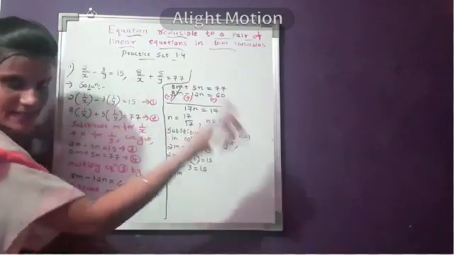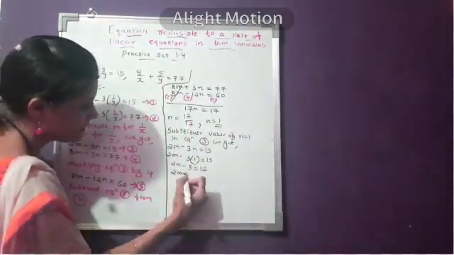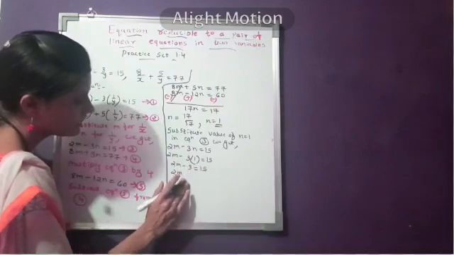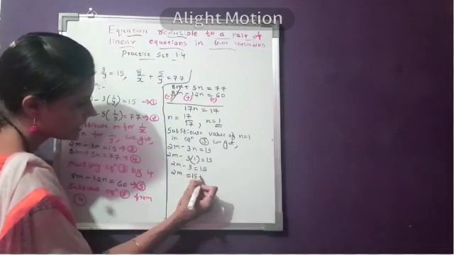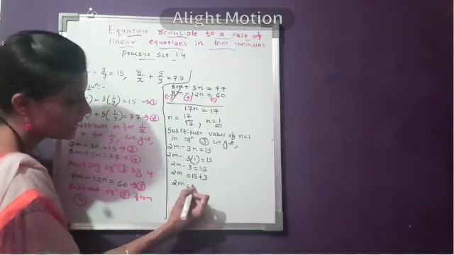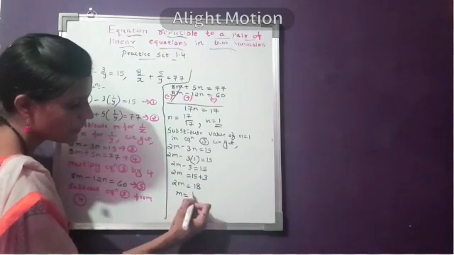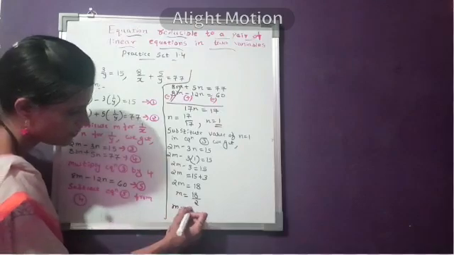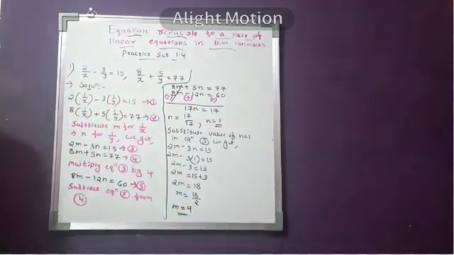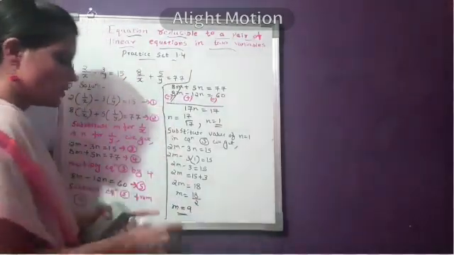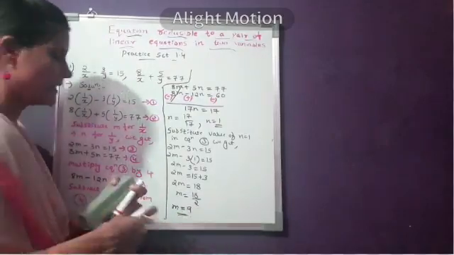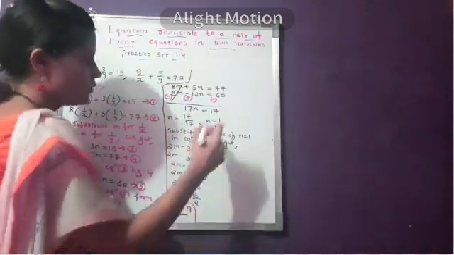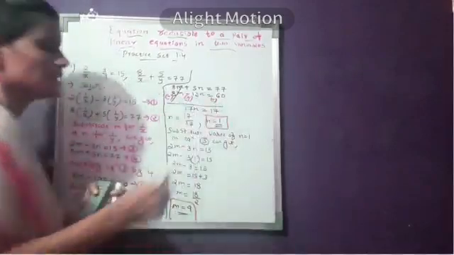2m, 3 will go that side, that is the right hand side. So its sign will change. It will become 15 plus 3, that is 2m is equal to 18. And m is equal to 18 divided by 2, which is nothing but m is equal to 9. Now you got the value of m, that is 9. Fine. And you also got the value of n, which is 1.